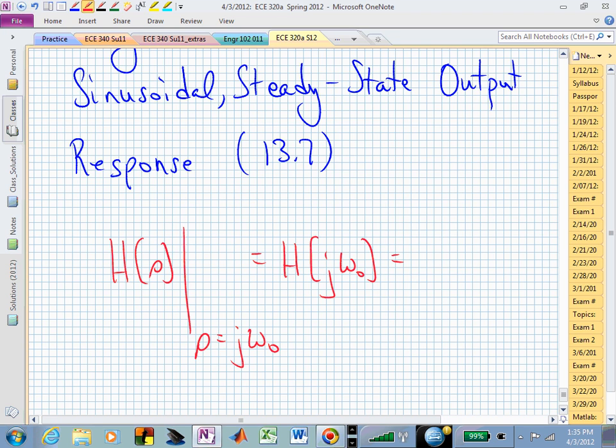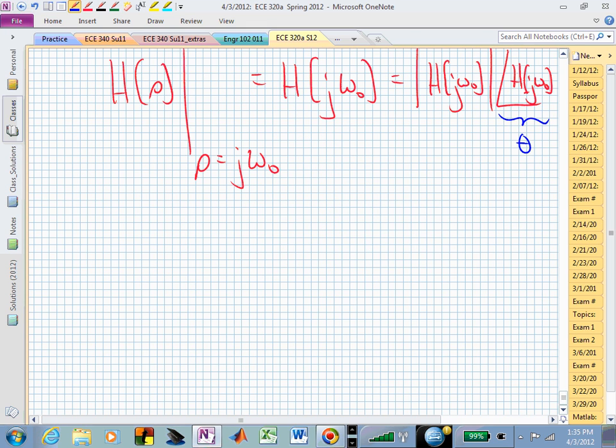And that's how the magnitude will be adjusted, and that's how the angle will be adjusted, or the phase shift in your argument of the cosine. And if I called that angle theta, then if I put in x of t equal to A cosine omega naught t plus phi,